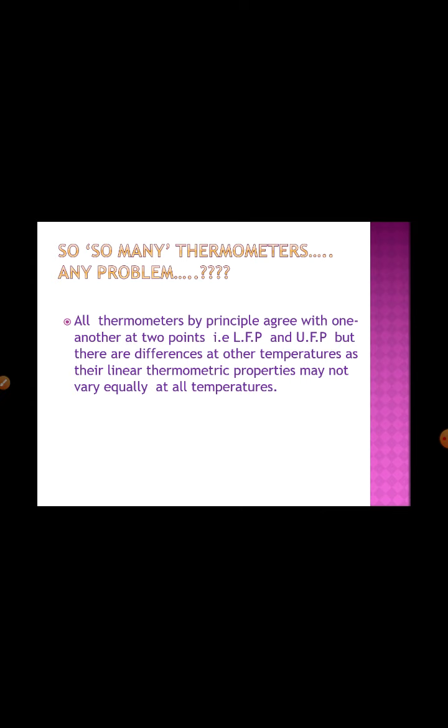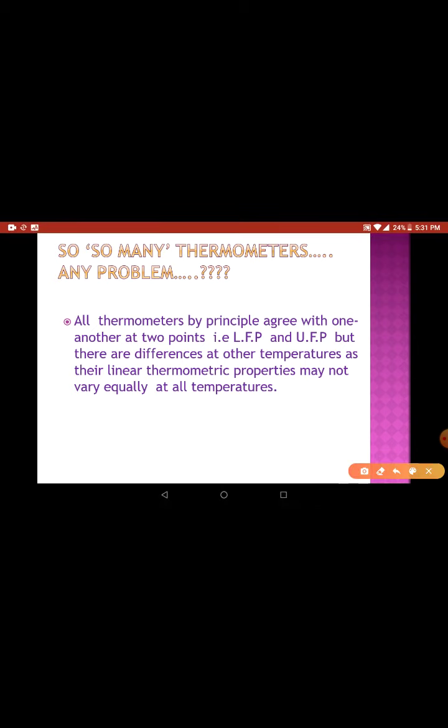And here is the problem. So we can get as many possible thermometers based on the properties of the materials, but are there any problems? Yes, we have problems because all the thermometers by principle agree with one another at 2 points, LFP and UFP. Because while designing the thermometer itself, we fix a lower fixed point and upper fixed point. Lower fixed point as 0 degrees Celsius and upper fixed point as 100 degrees Celsius in case of